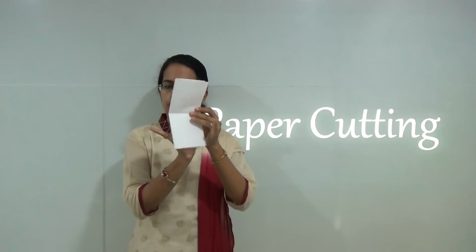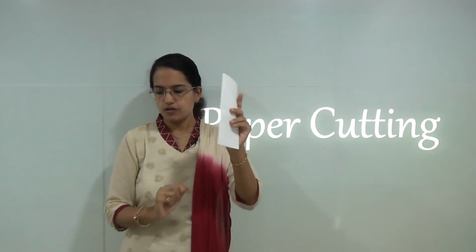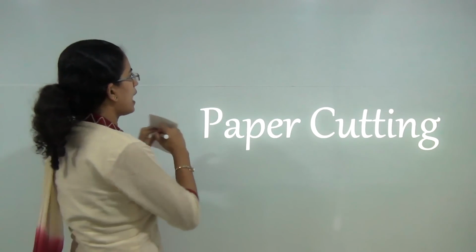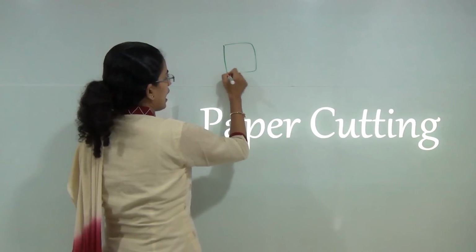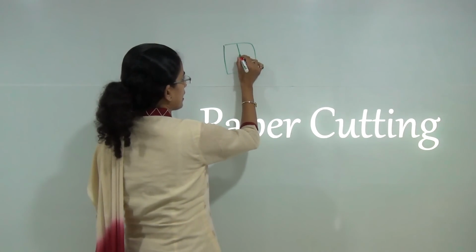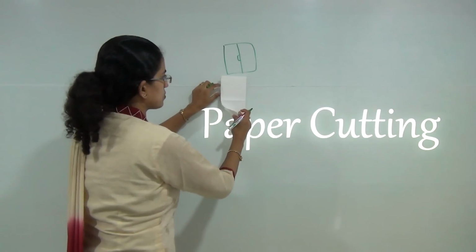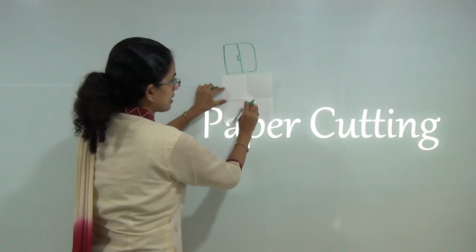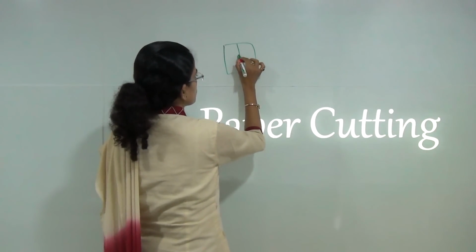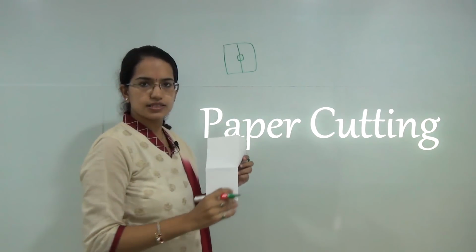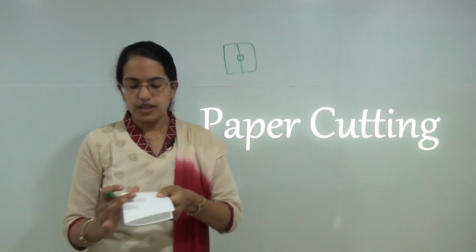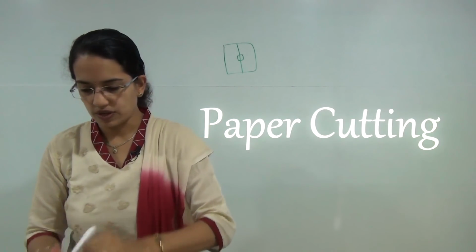If I fold it just once, and I cut the center region as a square, what would be formed? So if I have a sheet of paper, I am folding it from between and I am creating a cut here. So what it would form is, there would be symmetry in the shape. So that means you would have a square cut that would be visible in the center. Now let's increase the difficulty one by one.